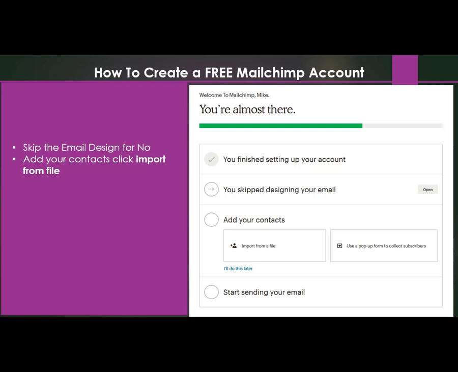So we're almost completed. What the system wants to do now is really import some data. So let's say we've got some data in an Excel spreadsheet: a first name, a last name, and an email address, and maybe a phone number. Then that could be some data that we import. So if we made it a conscious effort to get the contact details of all of our customers from their order forms, then we could put them in here quite simply. So if you hit the import from a file button,